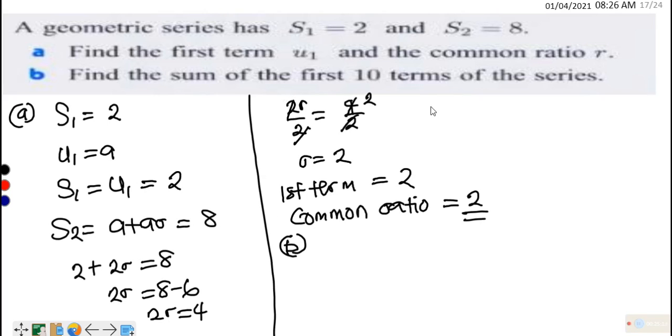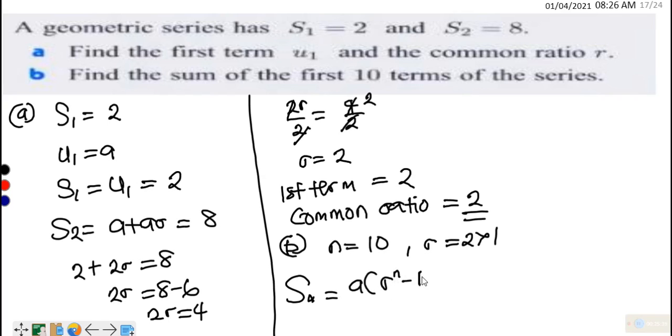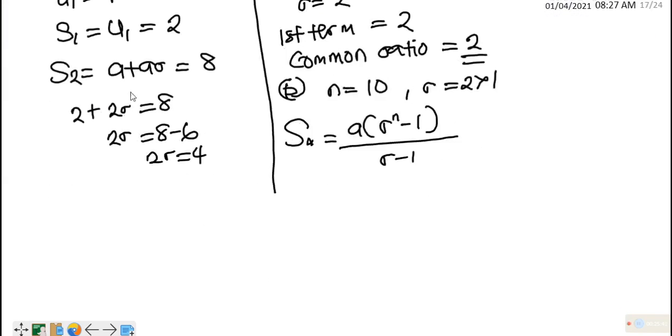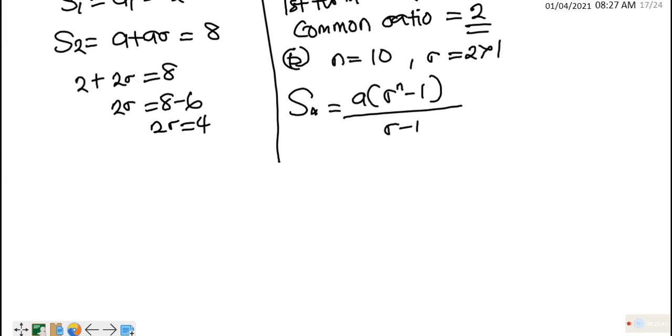find the sum of the first 10 terms of the series. Okay, so we are looking for S10, n equals 10. Of course, look at our common ratio, which is 2, which is greater than 1. So we use the formula Sn equals A into r raised to power n minus 1 all over r minus 1. That is the formula we are using. So if we substitute what we have into this formula,